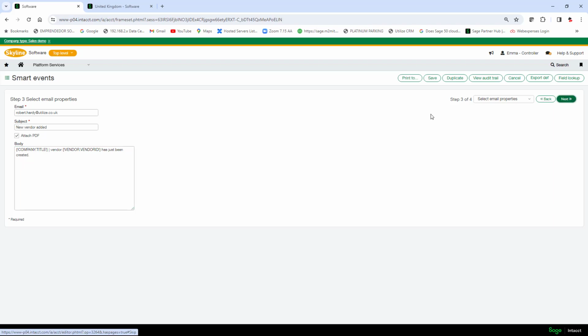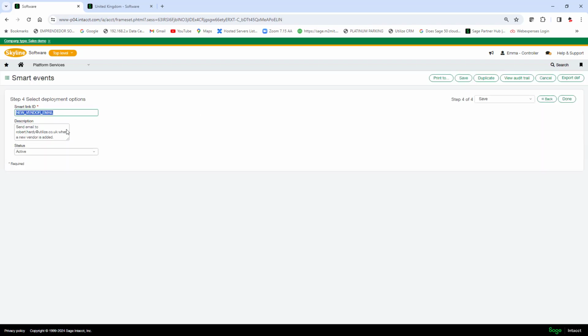And the final step, like a smart rule, is that you need to give it a name. So it's a name with no spaces and the words separated by an underscore, a description of that smart event, and once it's active, as soon as I click on done, that will be working in the system. So I'll click on done,